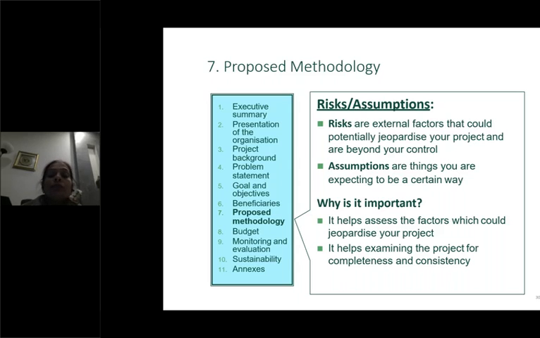In that case, you have to see some alternate strategies also. If this happens, I should be able to approach some outside agency to get my testing done, or I should propose an alternate way so that at least I am able to achieve the major objectives of the project. Okay. So assumptions are things that we're expecting to be a certain way, and this is what I have talked about. Next,